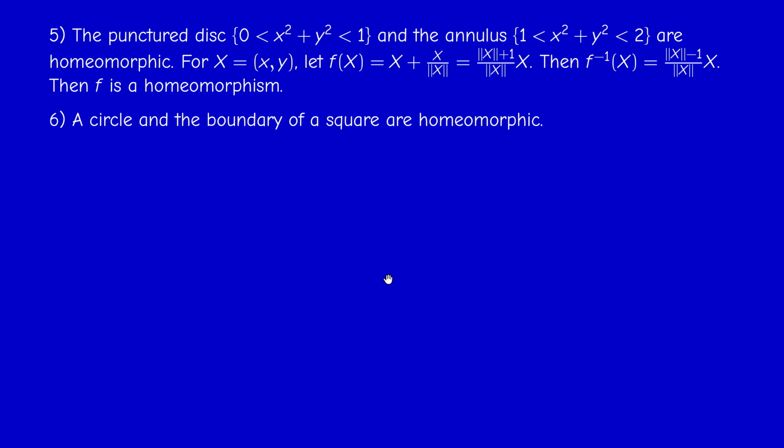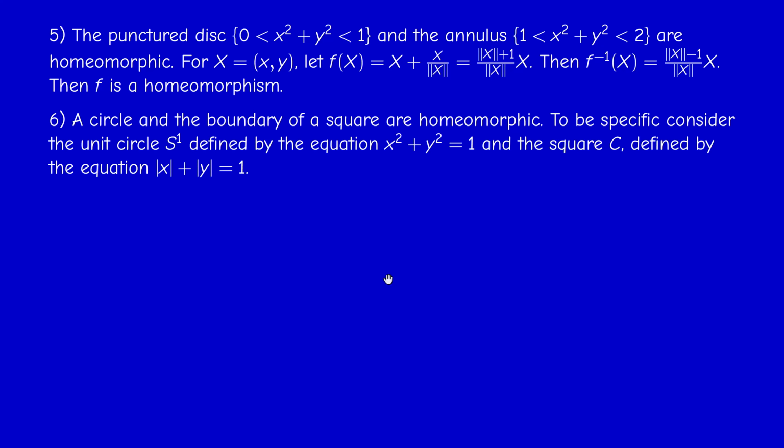So once again, for a topologist, a circle and the boundary of a square are the same shape. Here again, we can write equations, but to simplify the notation a little bit, I will just take the unit circle, and now we understand that all circles are the same, by a translation and a homothety. So the circle of center 0 and radius 1 is homeomorphic to the circle of any center and radius